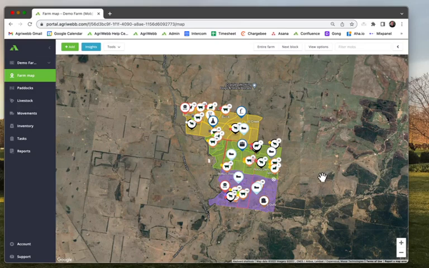Here's a quick video on how you can view and analyze the fertility reports that are generated based on those records we've been looking at inputting on the mobile app, such as your joining, scanning, marking, and weaning records. To view these records, jump onto the web app and go to the Reports tab on the left-hand side of the screen.